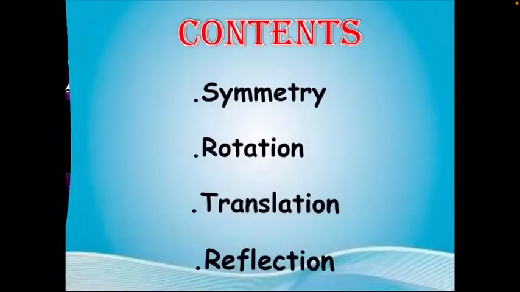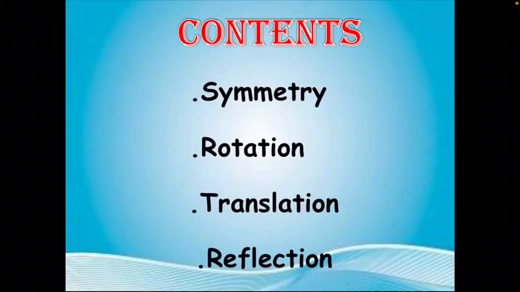Okay. Symmetry, as you all know, is defined as a balanced and proportionate similarity which is found in two halves of an object. That is, one half is the mirror image of the other half, that you know. And the imaginary line that is drawn on the half of the symmetrical figure is defined as the line of symmetry or axis of symmetry. So you know about the basics of symmetry. Now let us learn in detail.